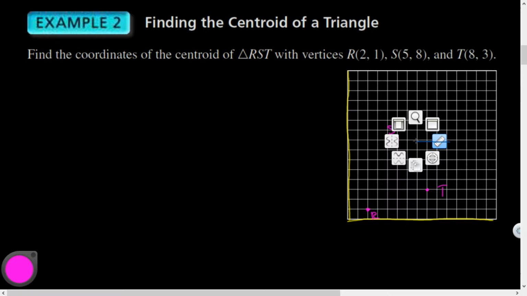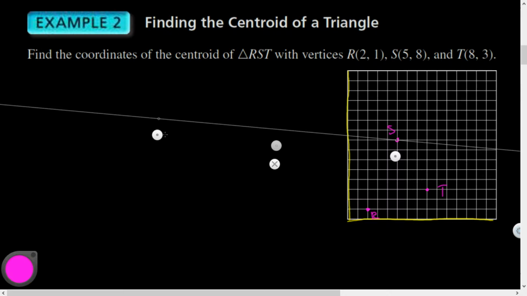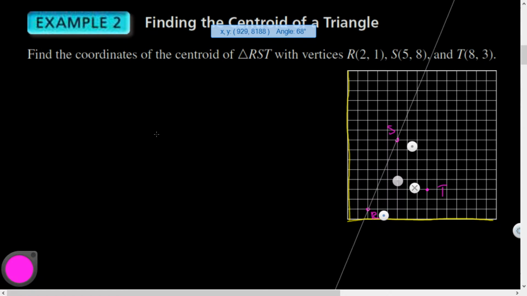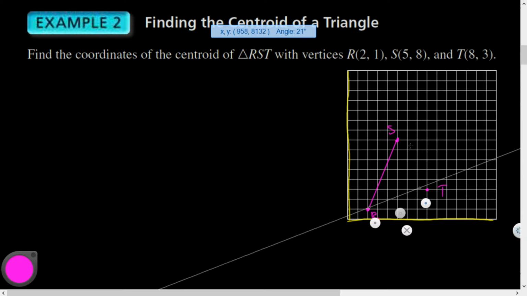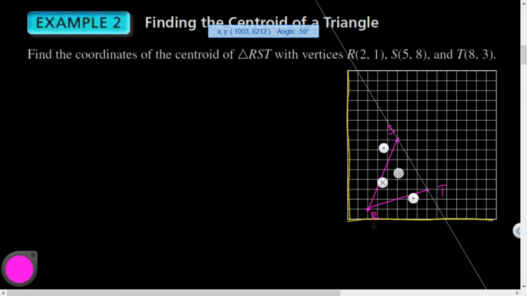I will connect these dots. Drawing my triangle. Right, Alyssa's tracking this. All right, so there's our triangle. Now, if I want to find the medians and the coordinates of the centroid,